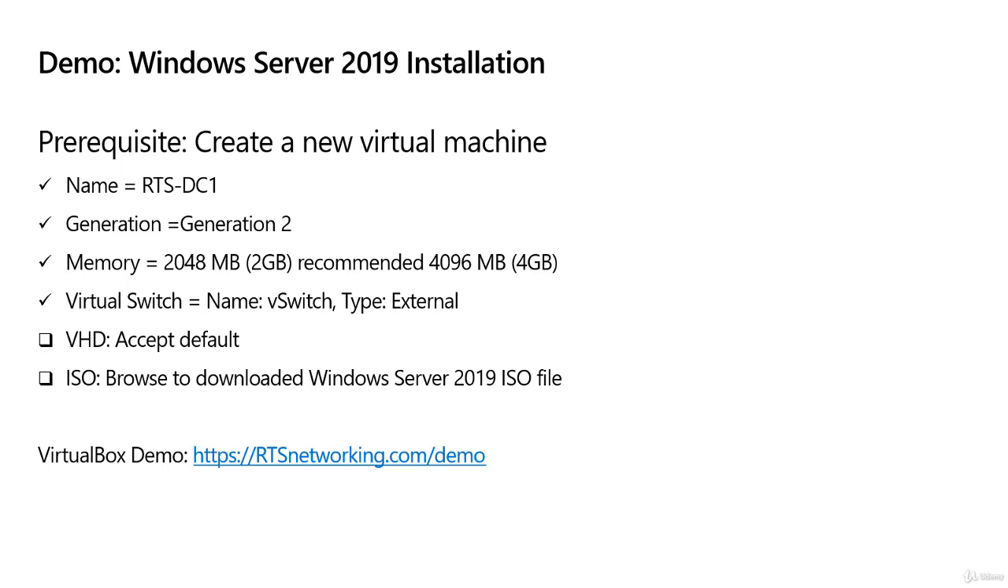For the virtual hard drive, we will accept the defaults. For the ISO file that contains the operating system, we will use the ISO file that we downloaded earlier. Now, if you did not download the ISO file, or if you use VirtualBox, you can go to